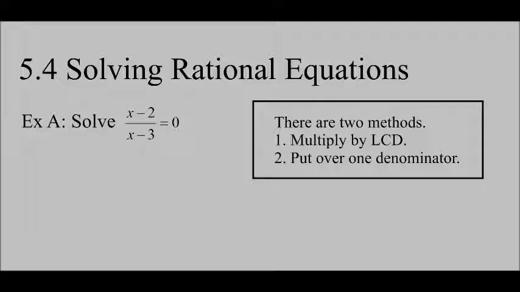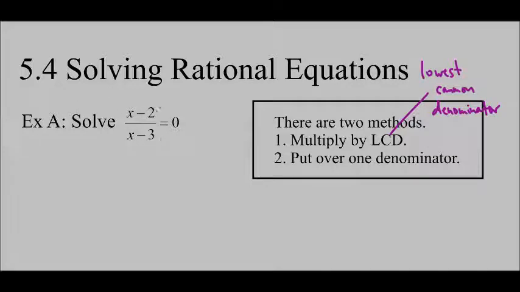So we're going to use two methods to solve rational equations. We basically just want to find x, right? The first method that we're going to use is to just multiply by the LCD. Of course, LCD just stands for lowest common denominator. And so we just have to multiply everything by it so that we can cancel, and then we'll get the